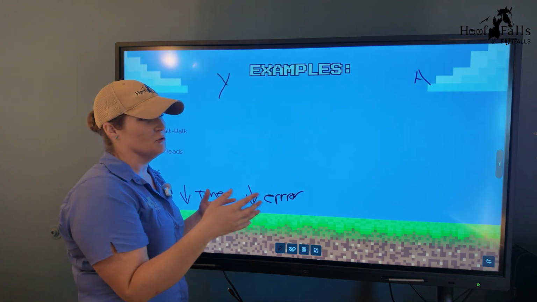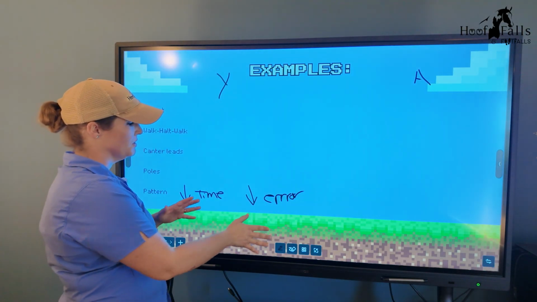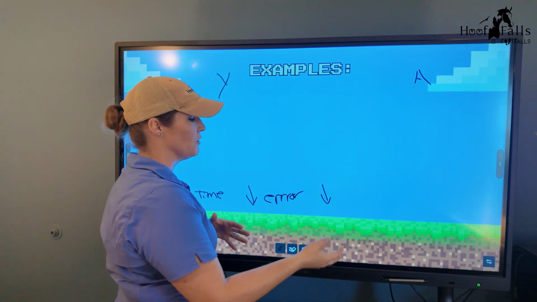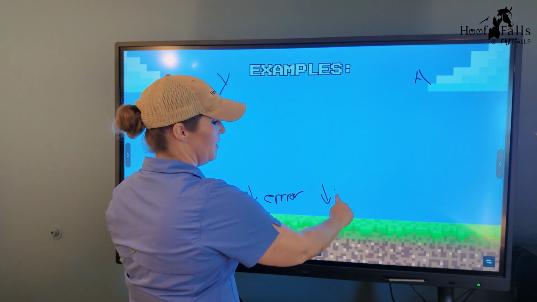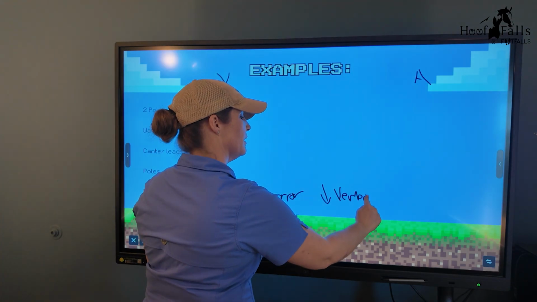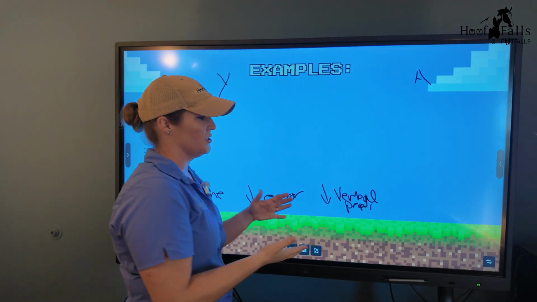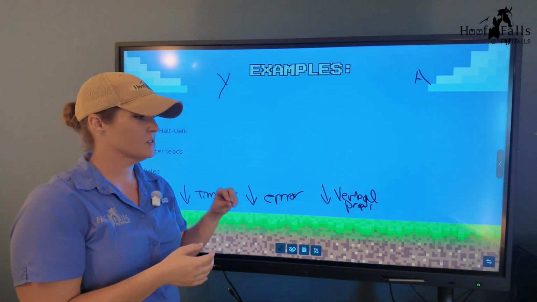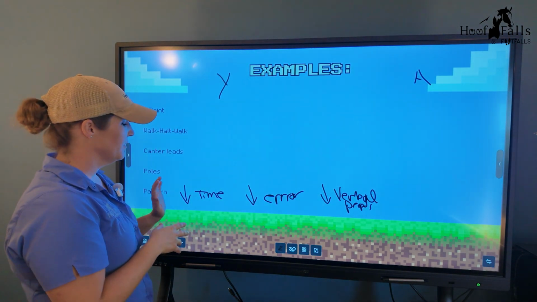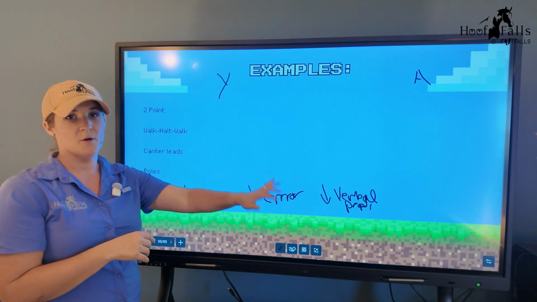Maybe you're dropping something or you miss a bucket or whatever it might be. We're decreasing errors. We could also do that. We're decreasing the amount of verbal prompts from the instructor, and we're not going off course, or we don't need a reminder of what we're doing there. So lots of different things that you can do with your pattern: time, error, verbal prompts.